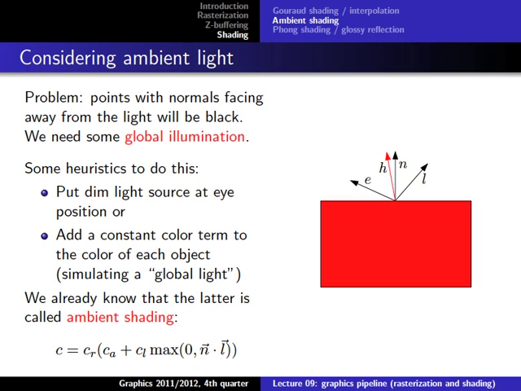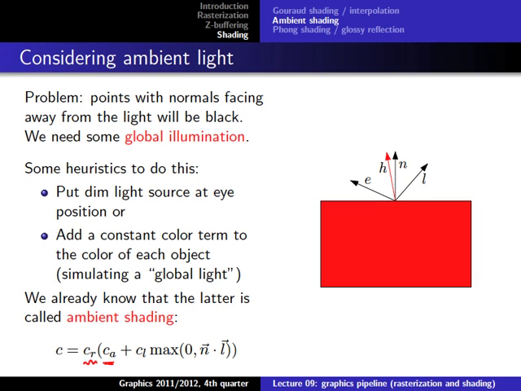One option to do this is just to add a constant color term to each object, which could be the average of all the colors that we have in the room, because everything contributes to it. Then we have this one color term, and of course we have to be careful how to integrate it in our model, because you see here, if this is our constant color term that we add, we have